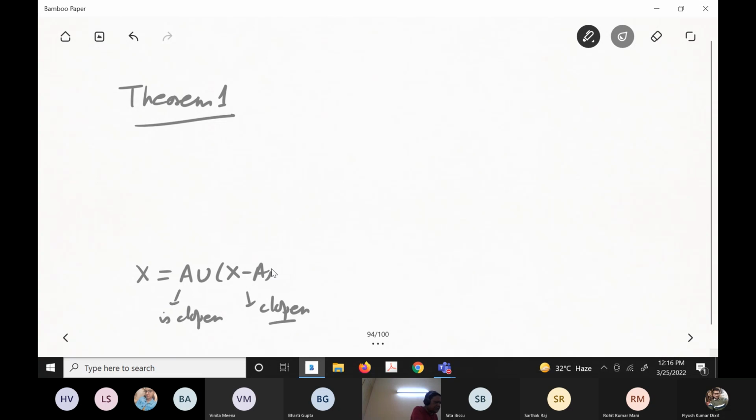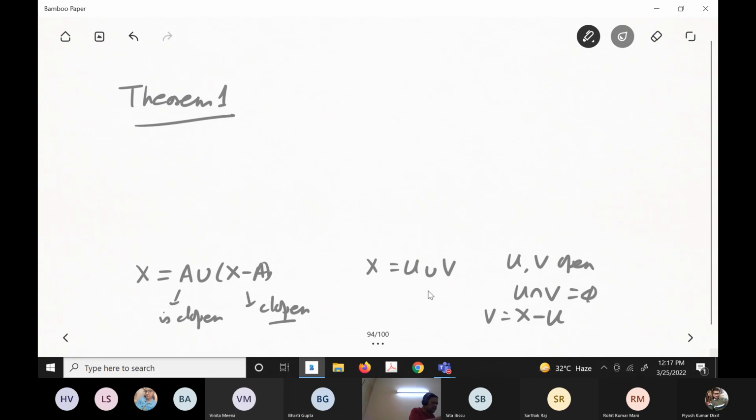So if you have this X, suppose U and V are open and disjoint. Then, because V is X minus U, V will be closed. Similarly, U is also closed. So if you can split X into two disjoint open sets, you can split it into two disjoint closed sets. That is the condition B and C.